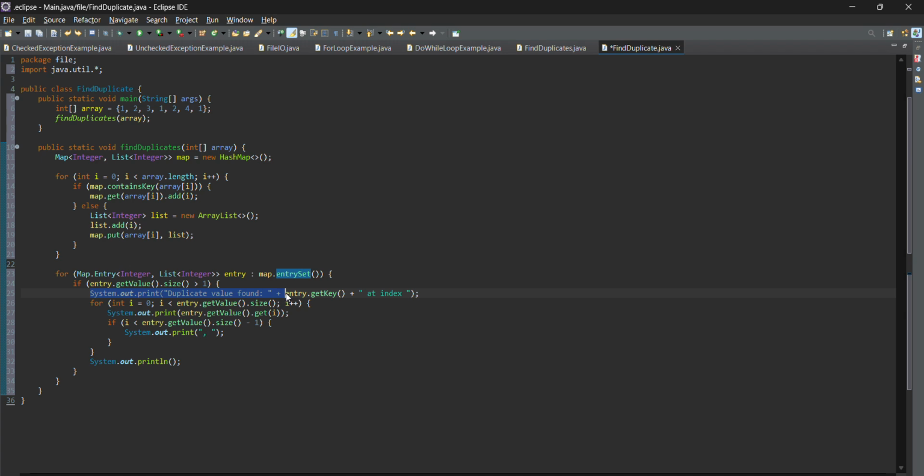Followed by this System.out.print "Duplicate value found". If the if condition is true, the following code executes. So System.out.print, then "Duplicate value found".